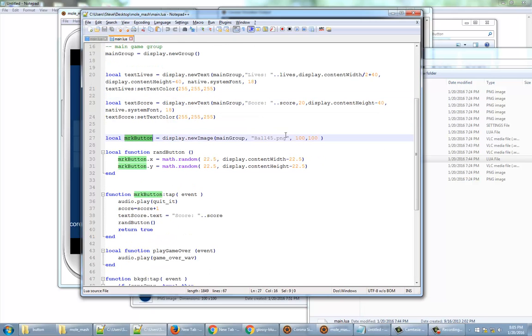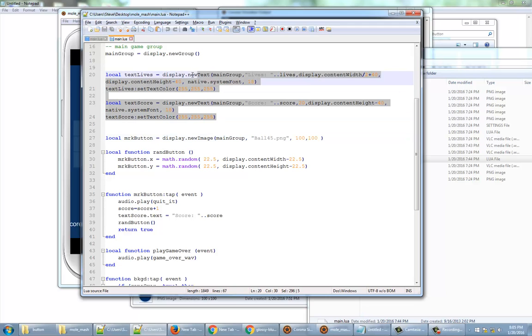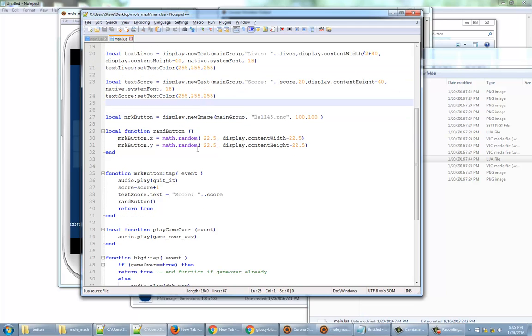So the Mr. K button is my face bouncing around the screen. These are the score and lives text. That's pretty straightforward, except the X value needs to be changed. And this is a horrible way to do it. I did content width divided by 2 and then added 40. That's horrible. But anyway,